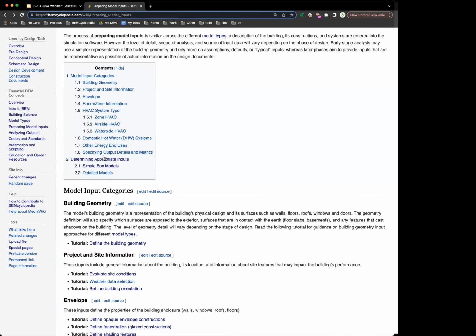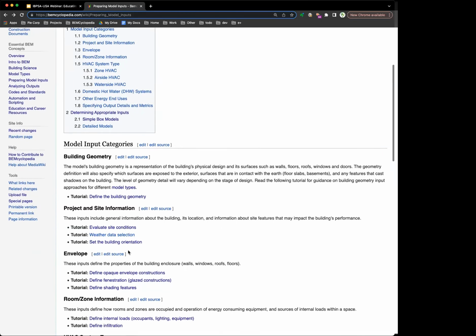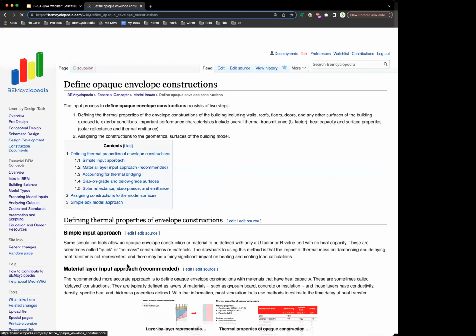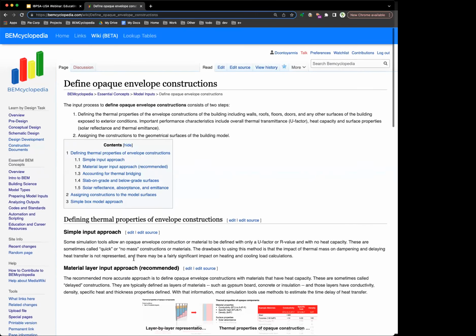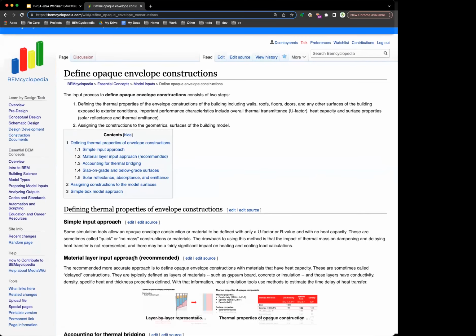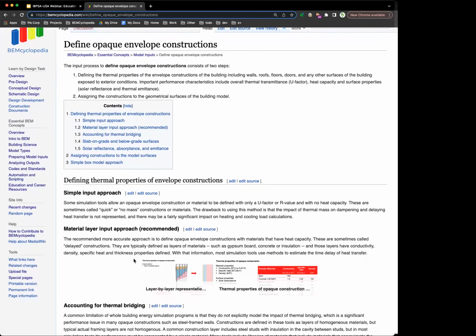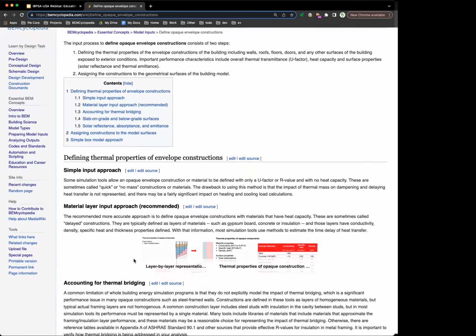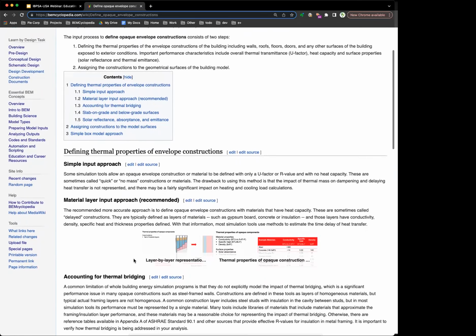Some other pages I'll quickly show you here. There's this one, how to define opaque envelope constructions. Again, this is another tutorial-based page, which guides you through different approaches for how to prepare these inputs, and has some discussion on recommended approaches as well.